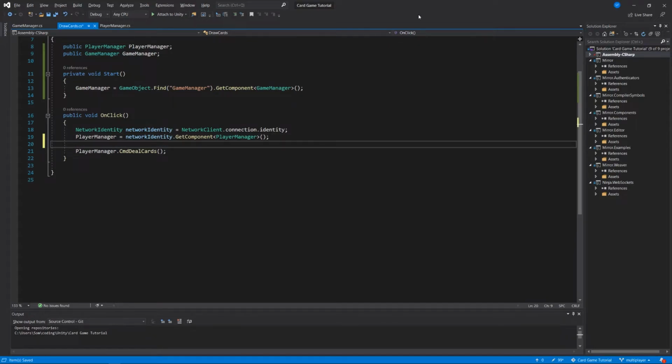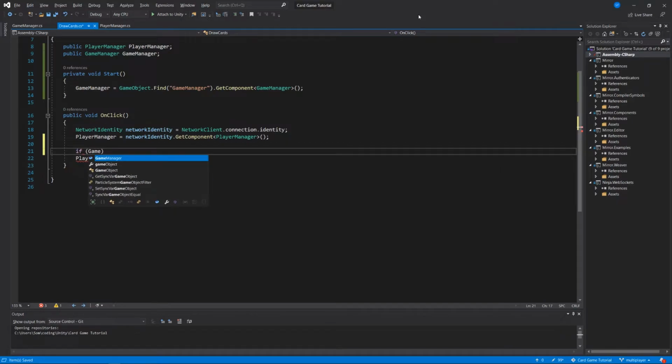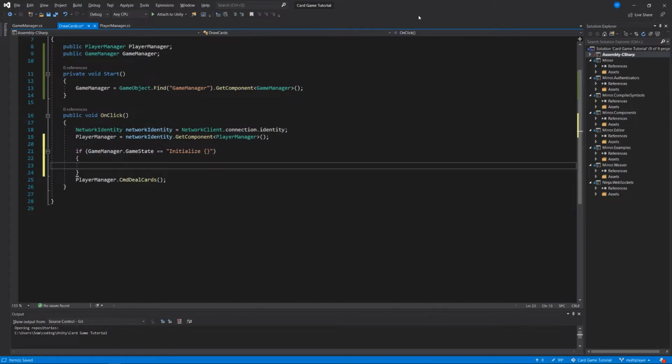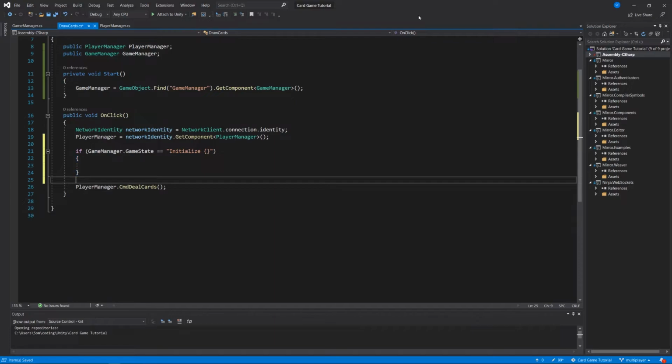We want to say if gameManager.gameState is equal to initialize, then do a thing. Maybe we'll want to deal those cards. Else if gameManager.gameState is equal to execute,